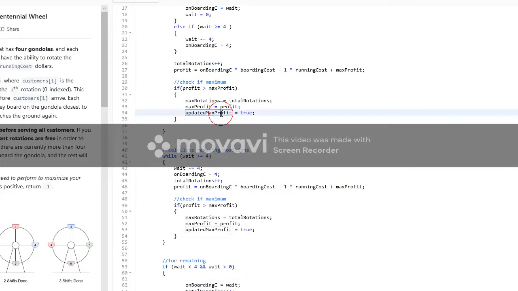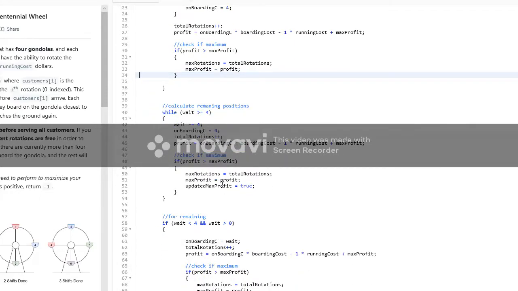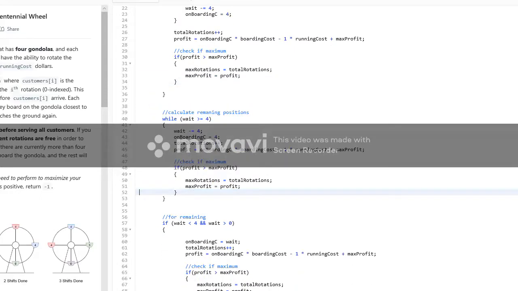So you get the picture for the mandatory rotation. The same applies when we finish the mandatory rotations but still have clients remaining. In this case, we can calculate them in the same manner.